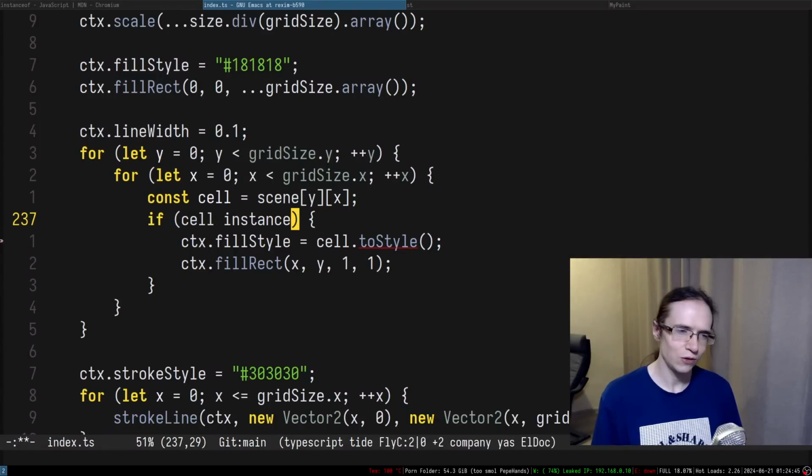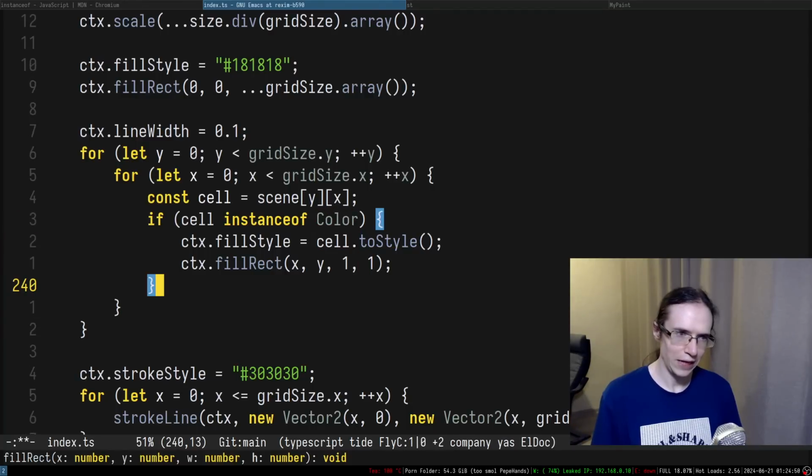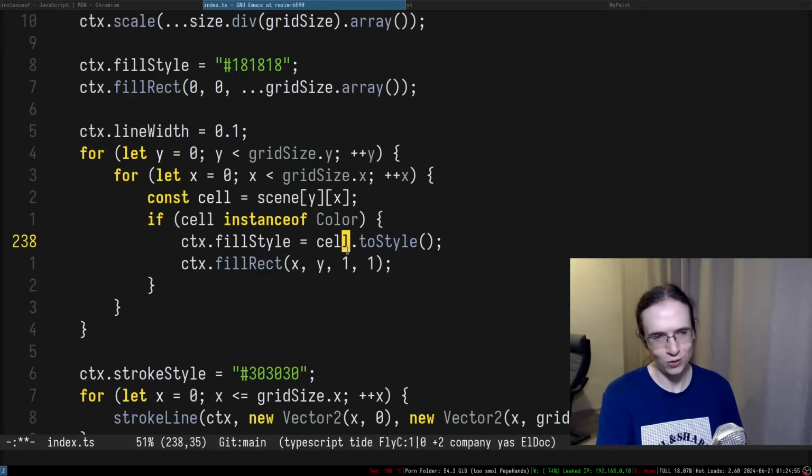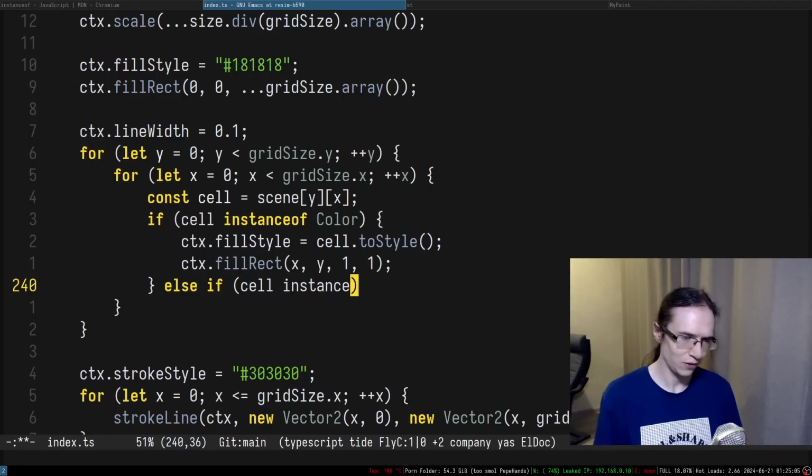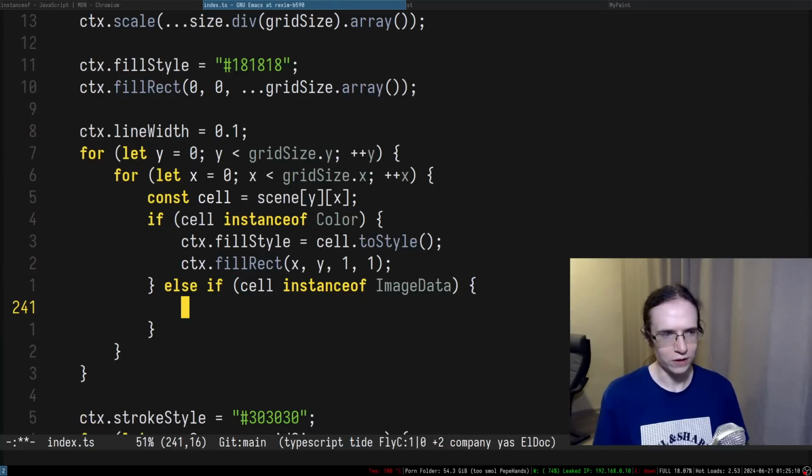Cell instanceof Color, and it automatically casts it. Okay, this is like Kotlin. Otherwise, if cell instanceof ImageData, right, so ImageData, what we have to do